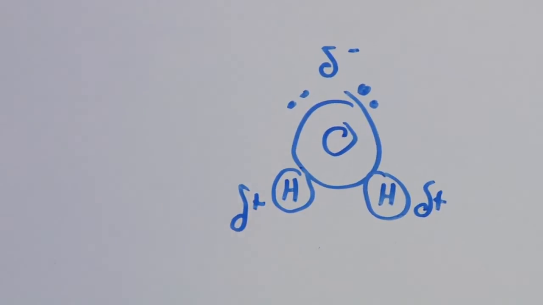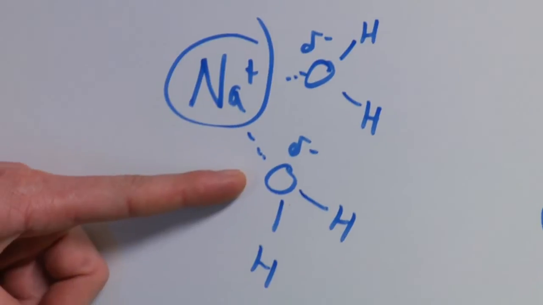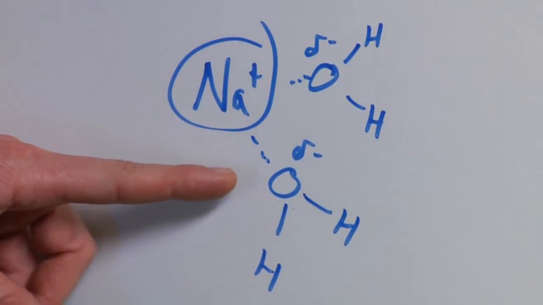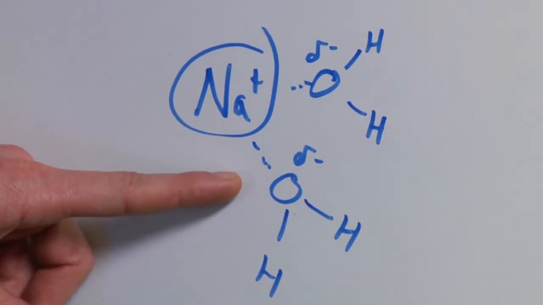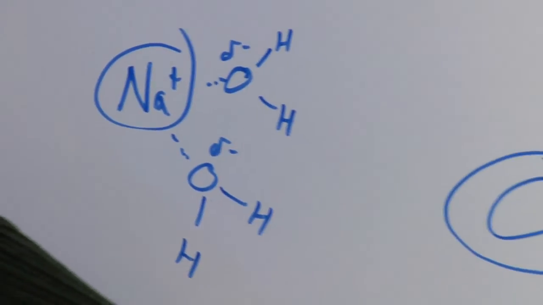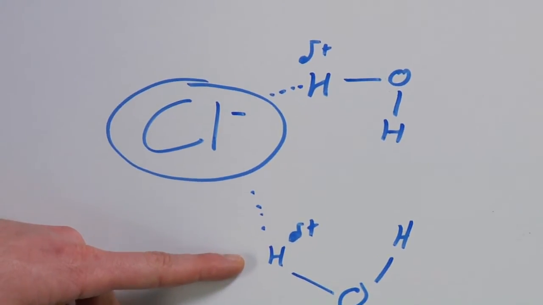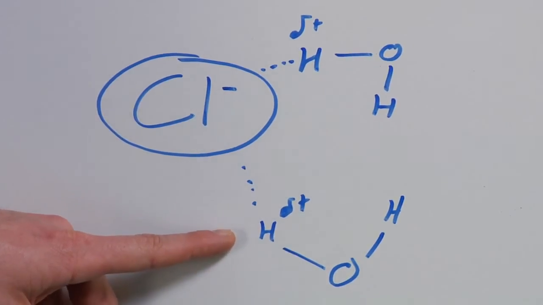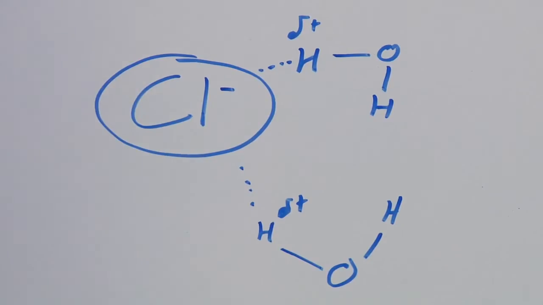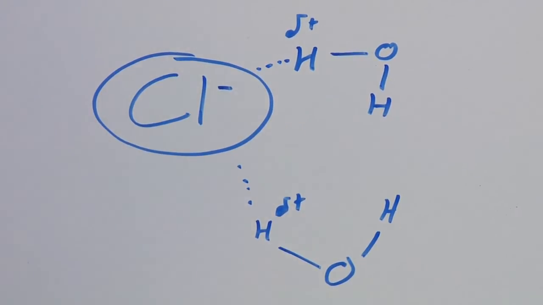What happens is the partially negative charge on the oxygens of water interacts with the positive charge of the sodium ion, so they're attracted to each other. And at the same time, the partially positive charge on the hydrogen part of water interacts with the negative charge of chlorine. So as the oxygen is interacting with sodium and the hydrogen is interacting with chlorine, water tends to